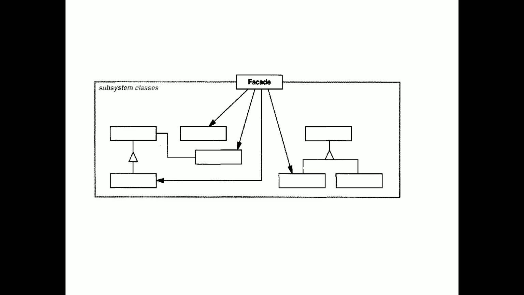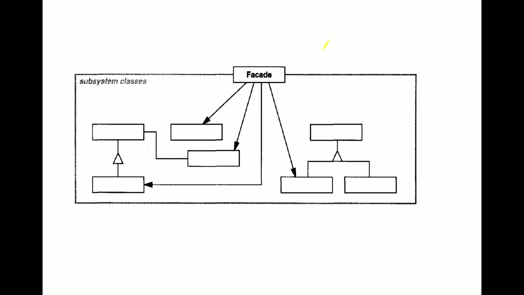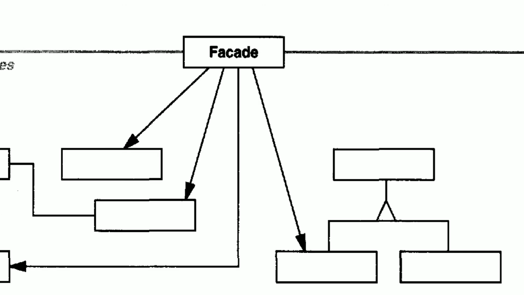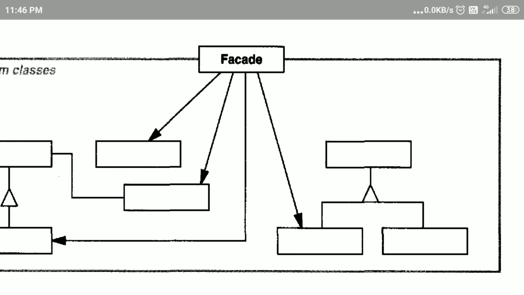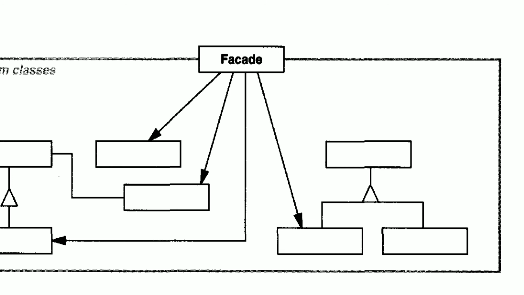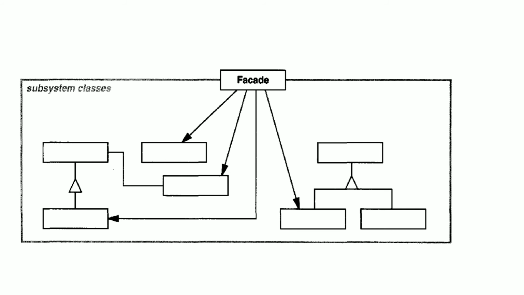And also one more diagram you see here, that is the structure. You see here, in this structure we are having a number of subsystem classes, so that all of them are going to be handled by the common interface that has been provided by the facade pattern. You see here only one facade class is there that is going to provide the common interface, so that it can handle the interaction between the subclasses in the application.